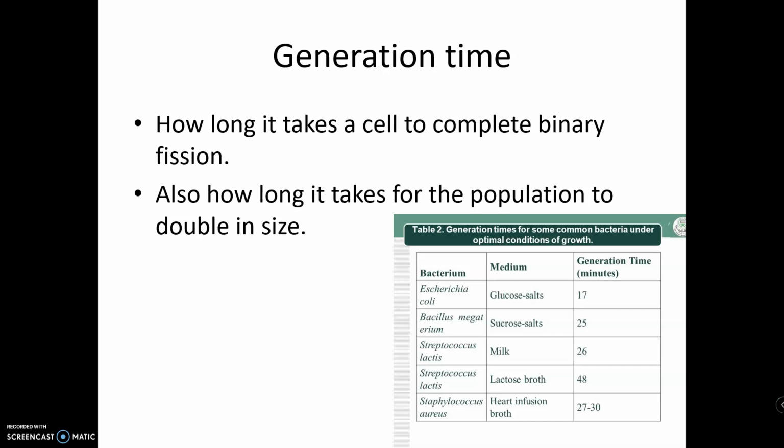For example, the generation time would be different if it's growing in a refrigerator versus if it's growing at room temperature. Generally speaking, generation time is something that's going to be given to you. Here they're telling you this particular species on a specific medium, how fast is it able to double? This is how things are going to tend to be given to you: we're going to tell you the species and then how fast it is able to double. I'm going to tend to make the numbers nice round numbers to make the math a little bit more simple